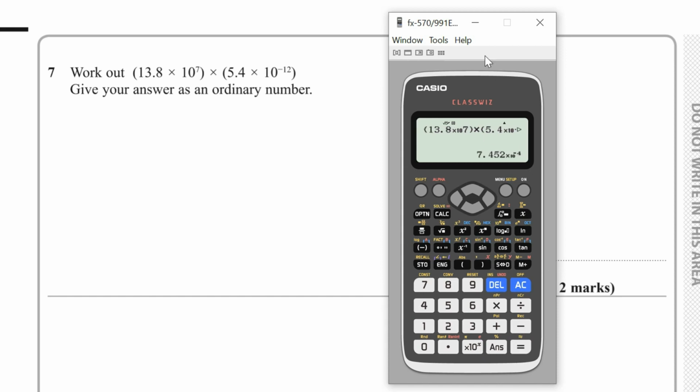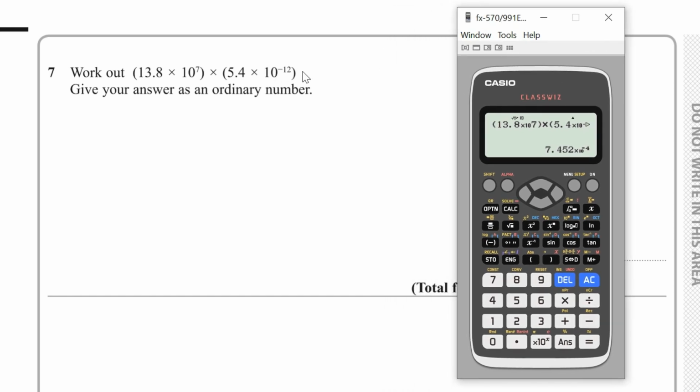So it turns out here we get a value of 7.452 times by 10 to the minus 4. So now we need to write this as an ordinary number. Well, so far we've got the